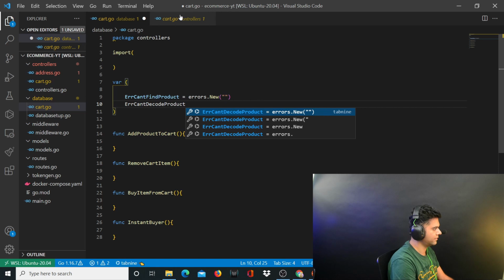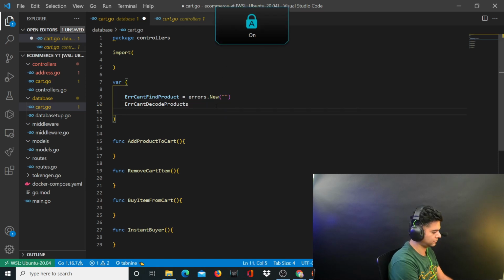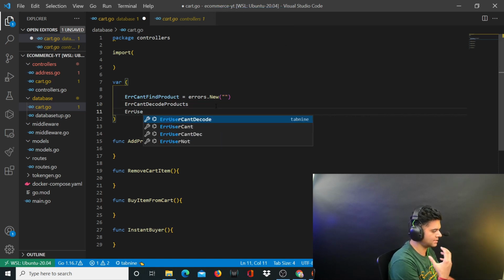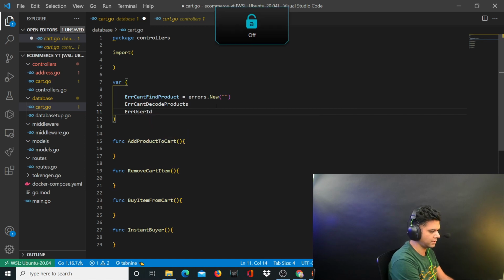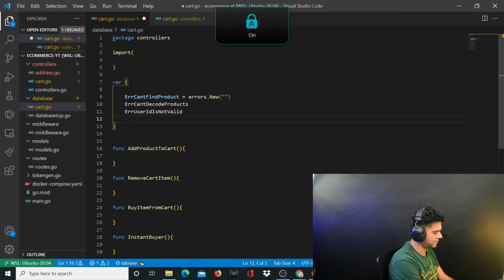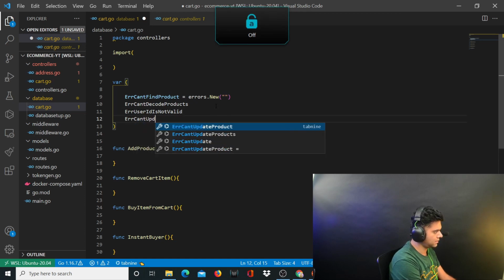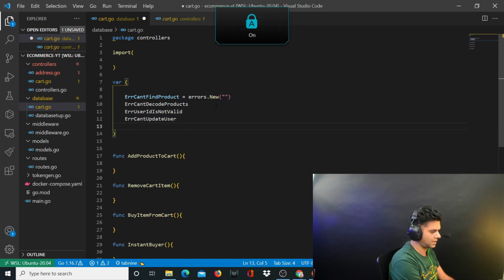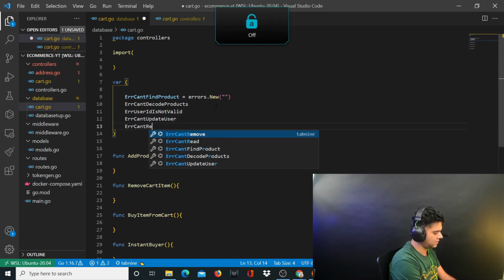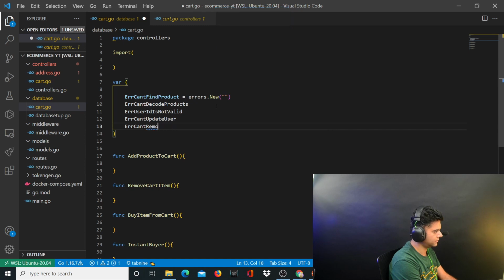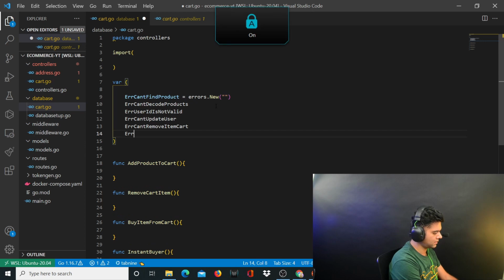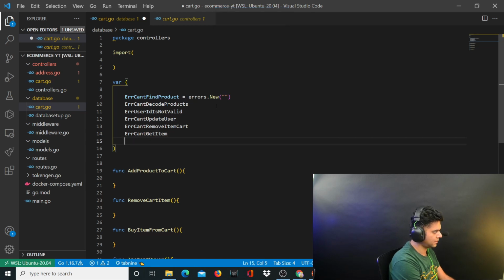So you'll have can't decode products. Basically you want at least some semblance of what's going on in your system so that you can fix that error faster. Error can't update the user, can't remove the item from the cart, error can't buy, can't get item, and error